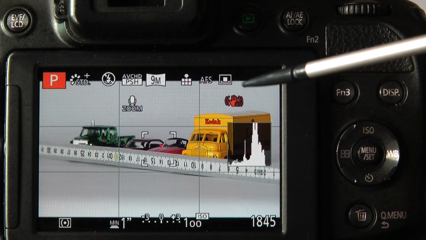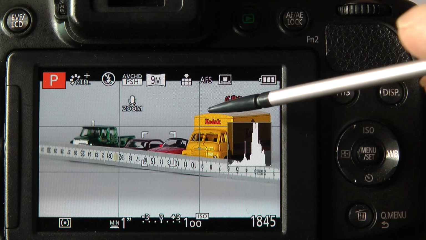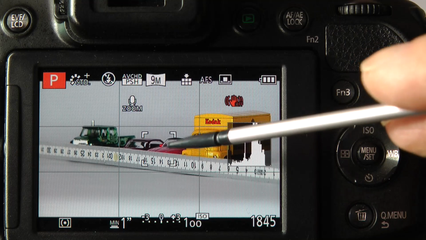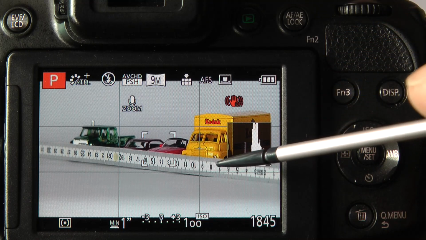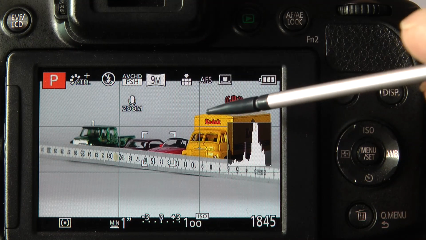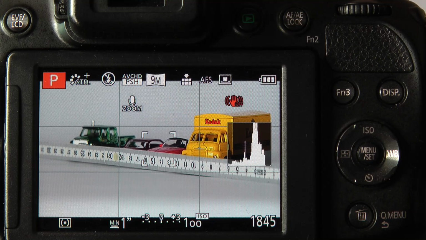You might be interested then to see that to actually photograph this scene in reality, I wouldn't focus on the front of this first vehicle, I'd actually focus slightly into the picture, which gives me an amount of focus in front and an amount of focus behind, and that way I'll get more depth of field than just focusing on this first object and hoping that the last one becomes in focus. So let's see that in practice.